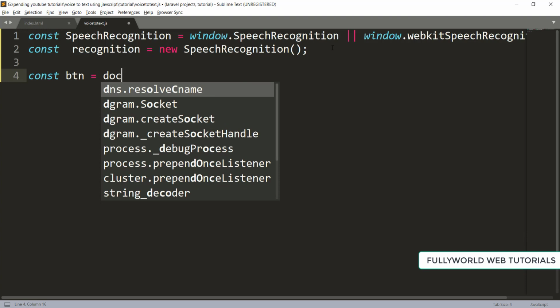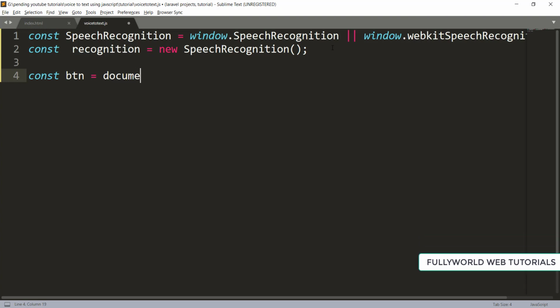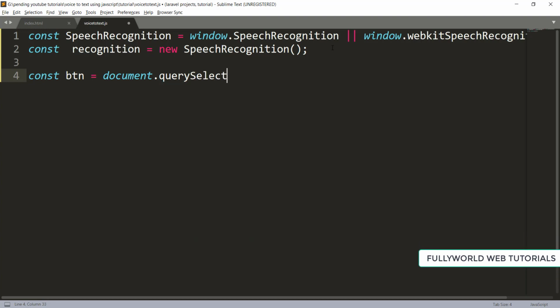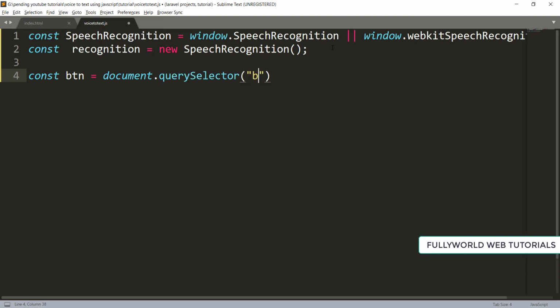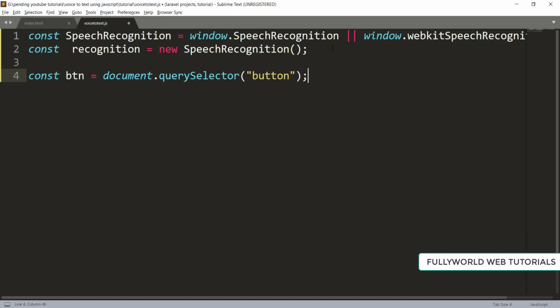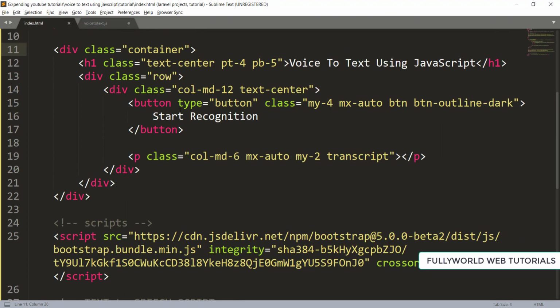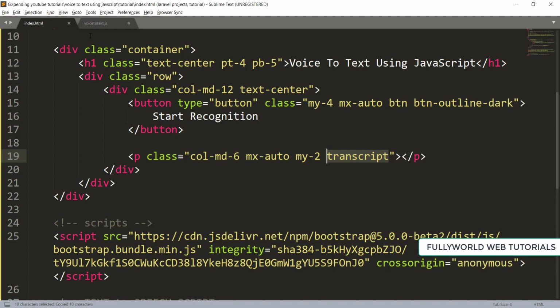So there will be document dot query selector, and this is button here. This query selector will work like our jQuery, and this is our button tag. Then I'm going to the paragraph tag. The paragraph will be there, and I'm going to do it with our class that will be transcript.